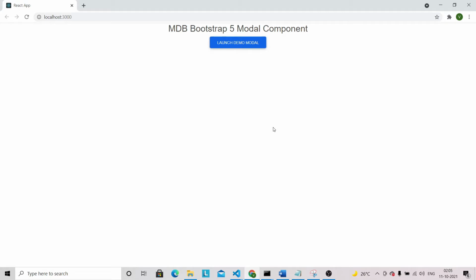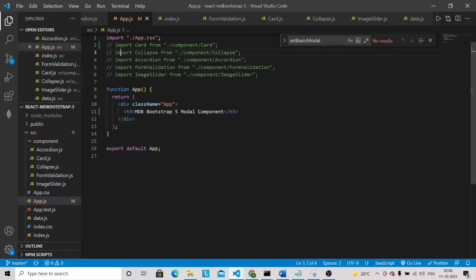So let us start building this modal component with the help of Material Design Bootstrap. If you are following this series, you can see that I have already created a couple of components with the help of Material Design Bootstrap 5. If you haven't watched those videos, I will provide the playlist link in the description.